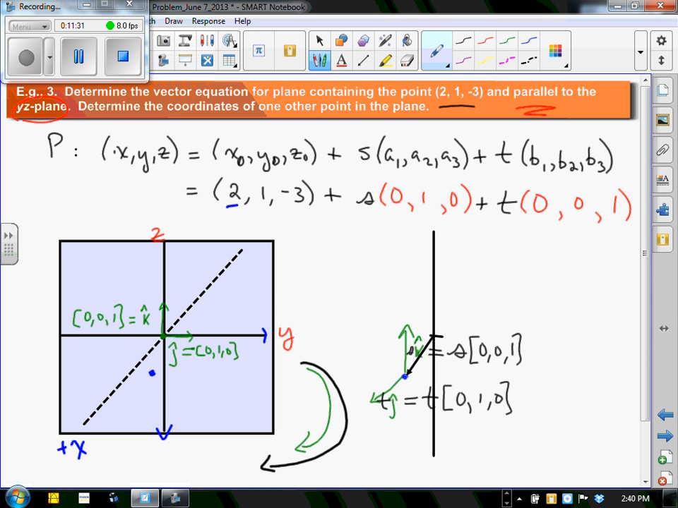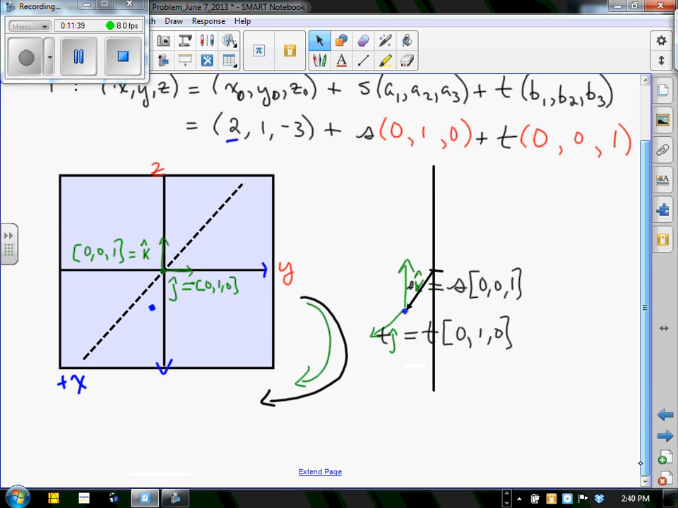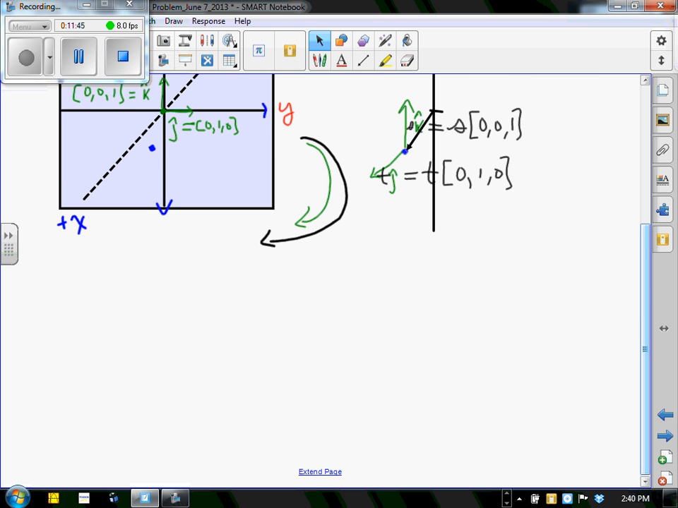Last but not least, it asks to determine the coordinates of one other point in the plane, and that is a very simple task. With s and t belonging to the real numbers, we simply need to select any value of s and t. Why don't we take some values that are very easy to use? We could set at least one of them to 0. We can't set both to 0 because we would then have nothing more than the original point. So if we set s to 0 and t to 1,